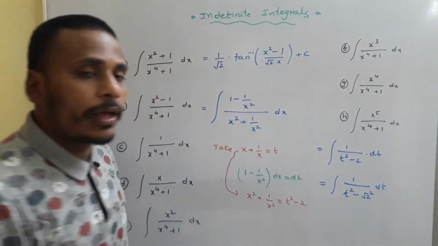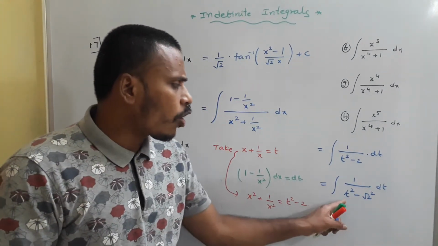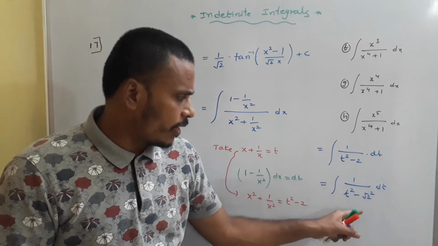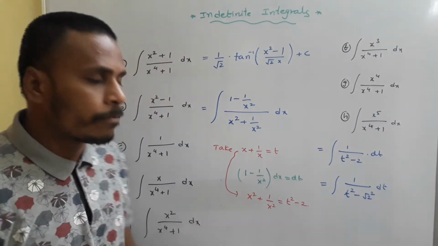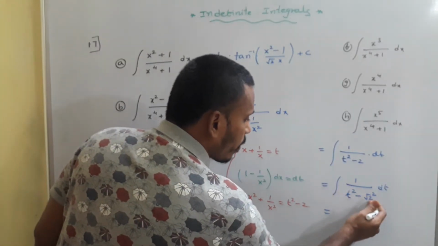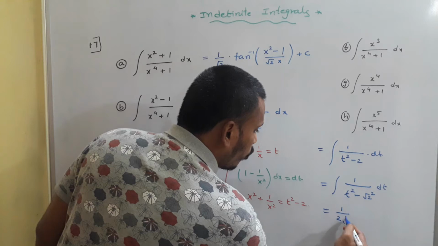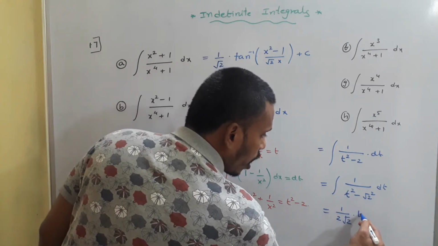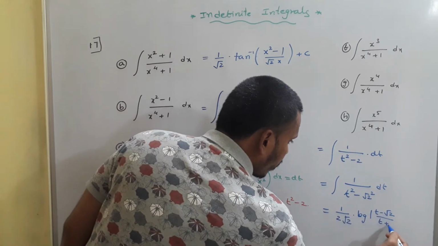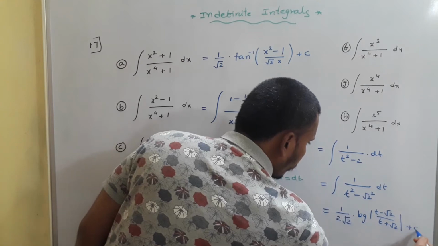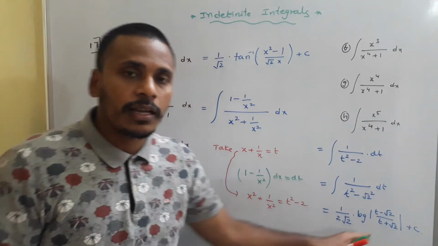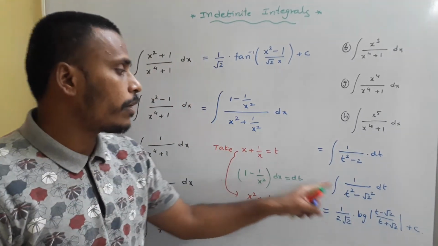It is just like x square minus a square. Okay. So integral of 1 by x square minus a square dx. Did we mention the formula? If not, I will mention it here, and I will discuss the proof and the formula in the next point. Okay. So 1 by x square minus a square, that is 1 by 2a, that is 1 by 2 root 2 into logarithm of x minus a, in the sense t minus root 2, by x plus a, that means t plus root 2, plus c. This is actually our answer in terms of t. Again we need to rewrite this answer in terms of x by replacing t with x plus 1 by x.